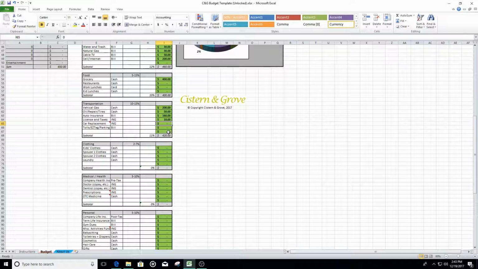Car replacement, we're going to assume that this family is not actively able to do that. Their cars are going to maintain, or they're going to make it work. Then